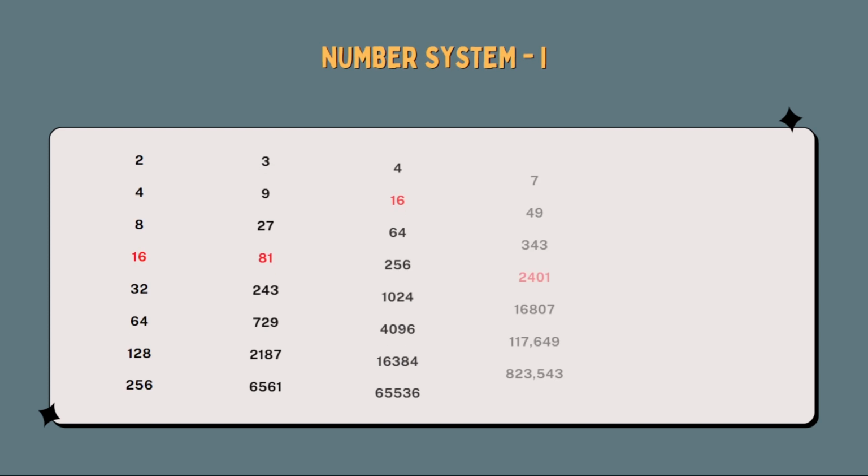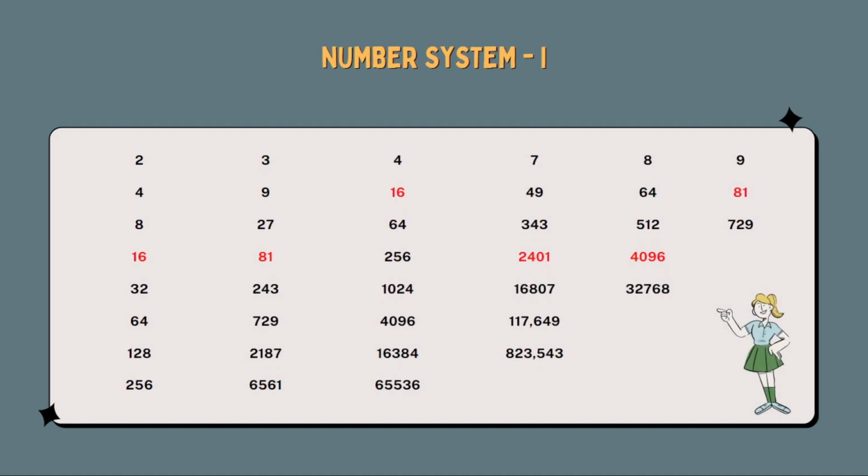Let's start. Today we are going to start with number system, and the thing that you see on your screen is basically the cyclicity of a number. Each column represents a power of a number. The first column is for 2, 2 to the power 1, then 2 to the power 2, 2 to the power 3, 2 to the power 4, 2 to the power 5, and it goes on. Every red number gives you an idea that after this number, the unit digit will be repeating itself.